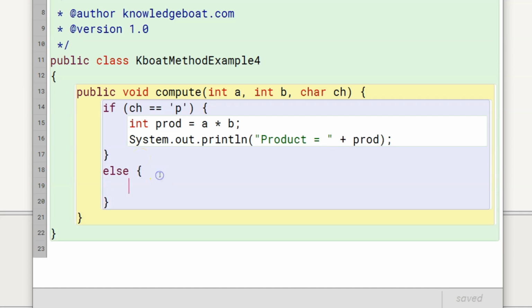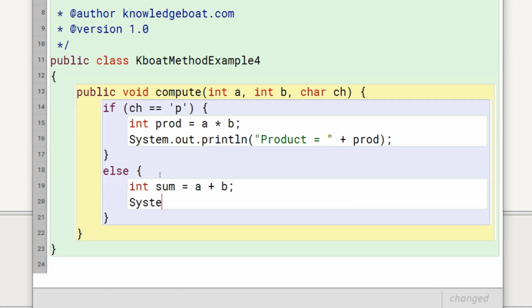Otherwise, we will add the numbers. That's it. Our compute method is complete now. This question asked us to write only the compute method, so the main function is not needed.